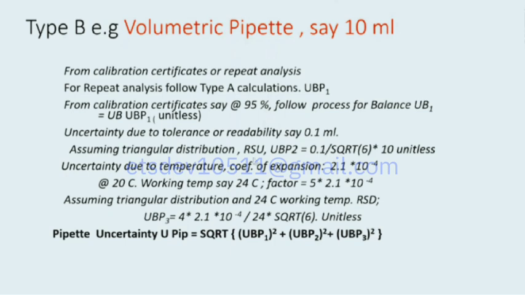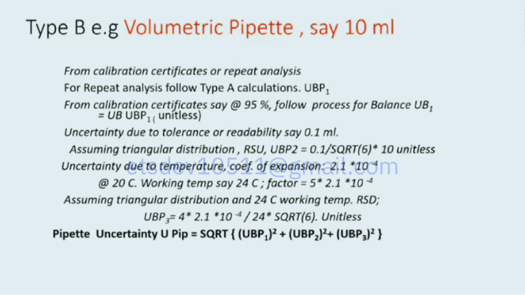And the formula for the coefficient of expansion is to multiply the temperature difference by 2.1 × 10^-4. That is actually 0.0021. So, as I said, if either your pipette or your standard flask says plus or minus 0.01 milliliters at 20 degrees,